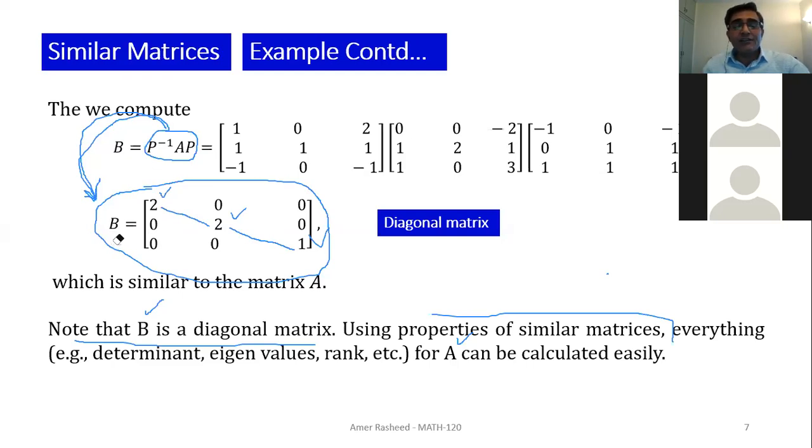Eigenvectors will exist because in order to find the eigenvectors, we write an equation, which is what? Lambda I minus A, or B, times x is equal to 0. When we use this equation, lambda I minus B, and solve it, you would see there are eigenvectors corresponding to each eigenvalue, lambda 2, 2,